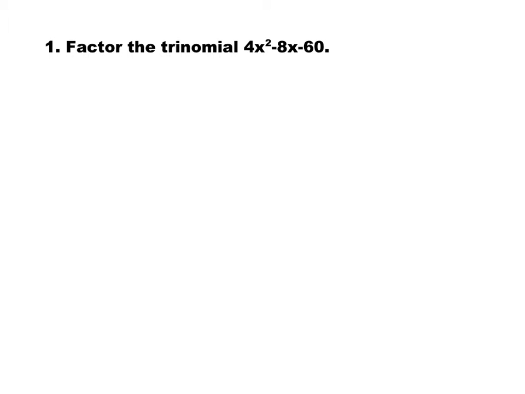Let's start with a couple of simple examples. The first one says factor 4x² minus 8x minus 60. When you look at this one, first of all, it's a trinomial, but the leading coefficient is 4, so we can't use sum and product the way it is. But the first step of every factoring is to find the common factors. The common factor between 4, 8, and 60 is 4. So I take 4 out,